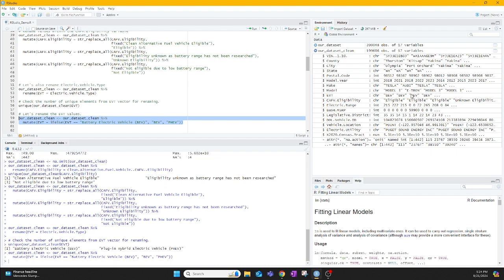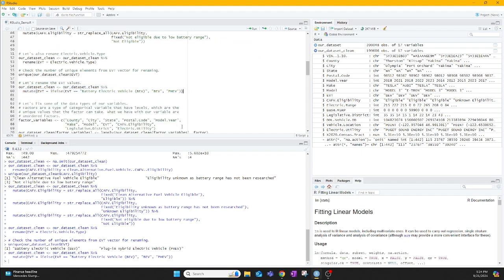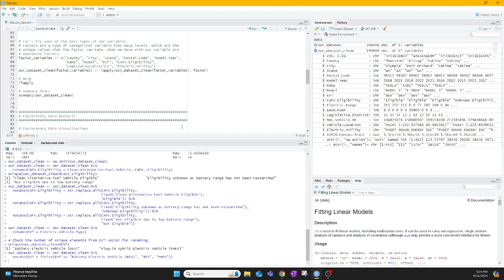And once again, we can see our changes in the environment pane. Now, let's fix some of the data types of our variables. We see that a lot of our variables were imported as the character data type, but many of them are actually factors. Now, factors are a type of categorical variable that have levels, which are the unique values that the factor can take. We are going to create a vector named factor variables